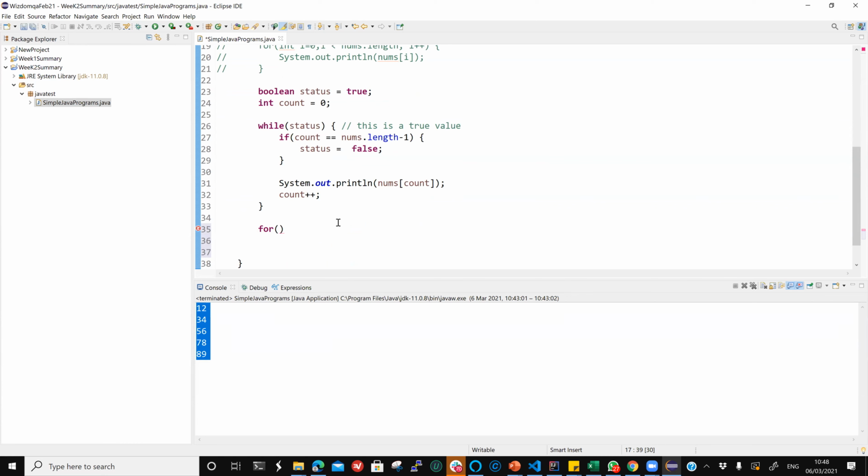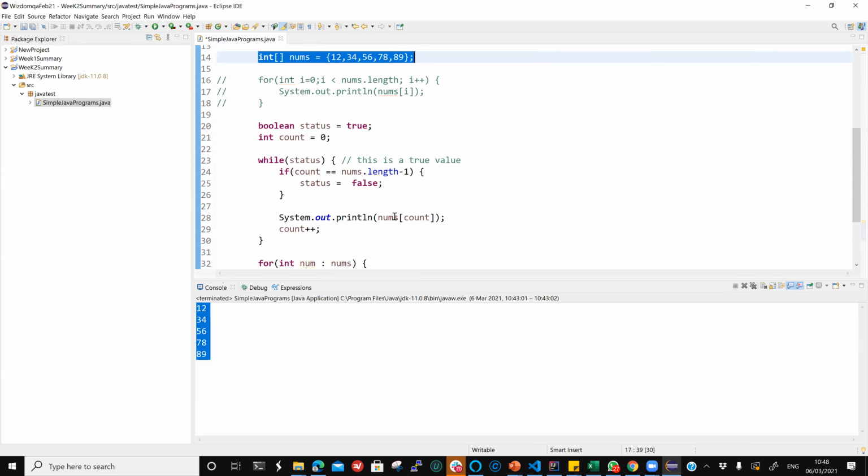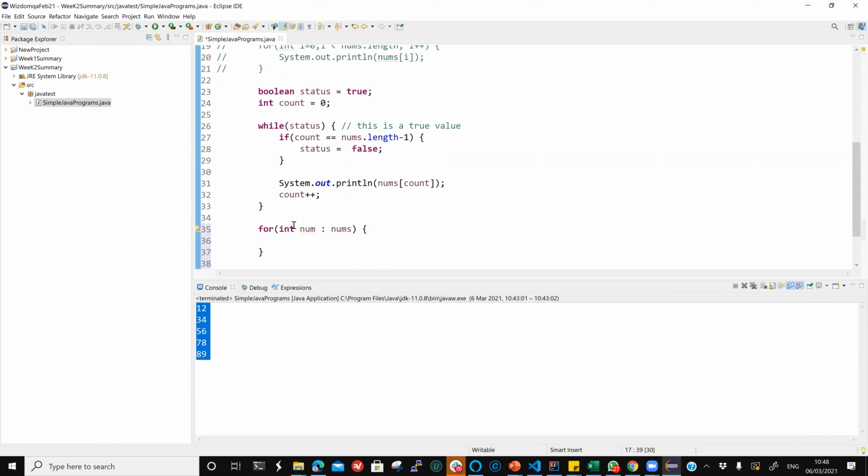Perfectly fine. So I know that this array is holding integers. First and foremost, the statement will go like this: I say int, and then I give a variable num, then a colon, and then nums. Nums is the array that is holding all the values. Why is this num important? Because in this for loop, you are not bothered about the